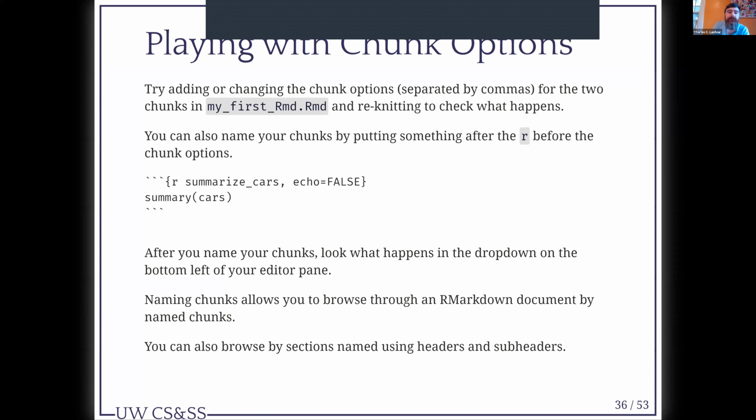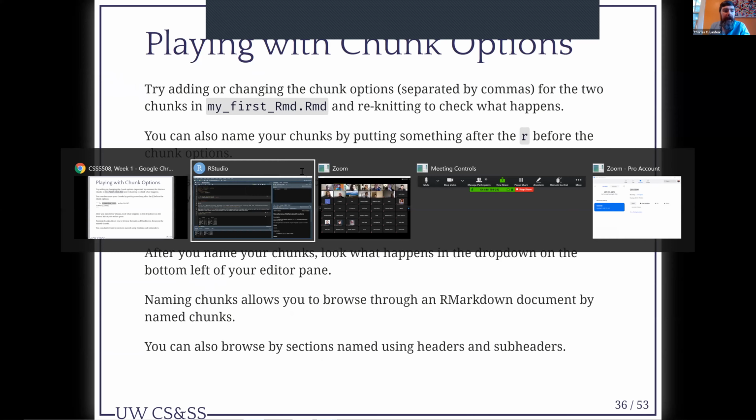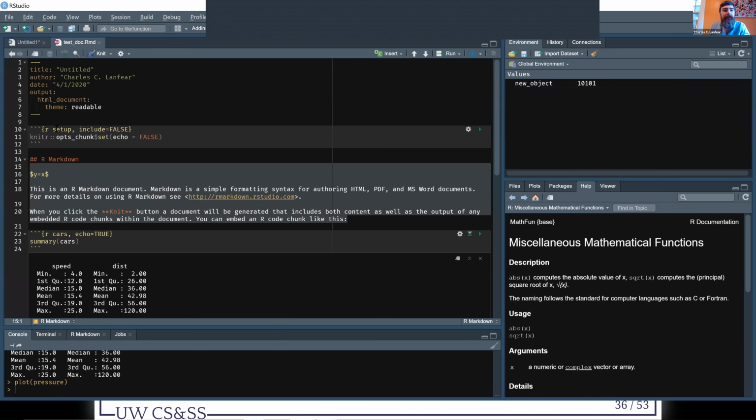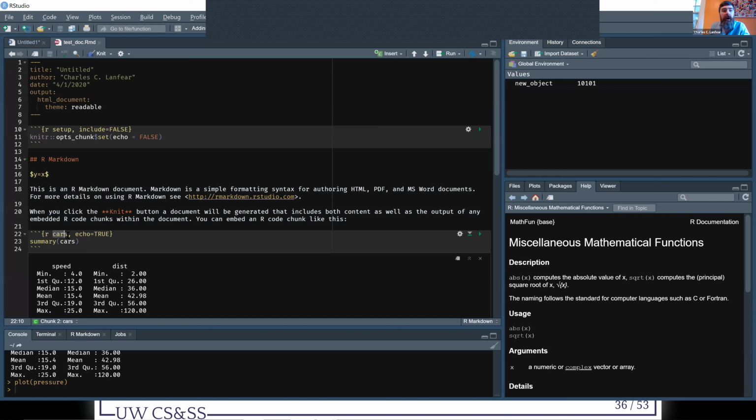Okay. One nice little feature though, if you write your chunk like this, I said R space, this is the place where spaces matter, R space summarize cars. What this does is it makes an R chunk with a title. R chunks with titles are browsable inside your R Markdown document. If I go back to my R Markdown here, see this one is named R Setup and this one is named R Cars. Down here, I can say I want to browse between the named chunks, and it also has,